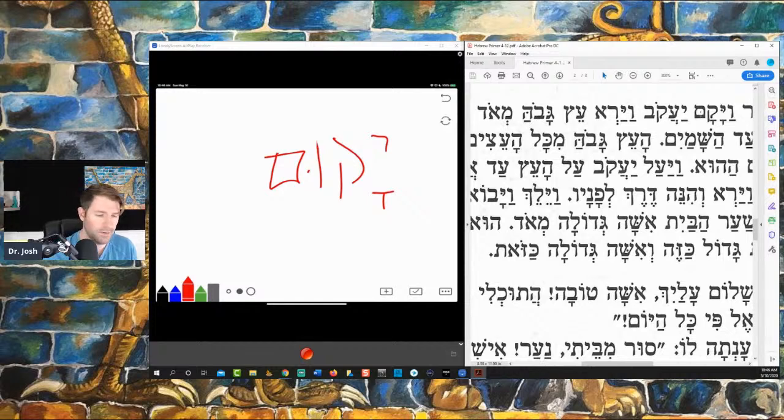And then if we turn it into a vav consecutive imperfect, vayakum, what ends up happening is the accent shifts this way. I like to think of it as weight goes on the front. And so it causes the accent to shift. And what happens is this long oo goes to a short o-class vowel. And so you end up with